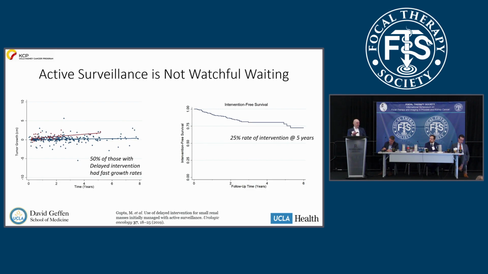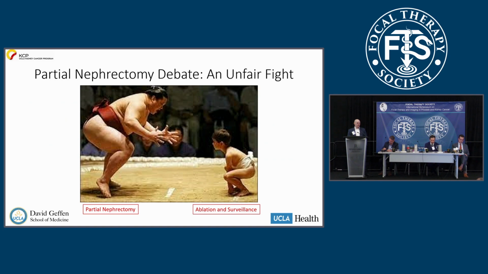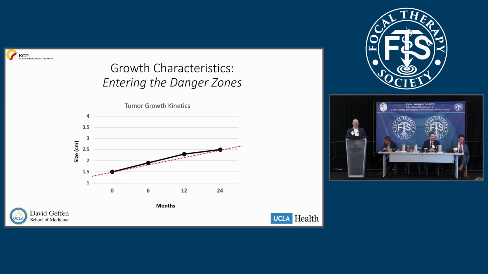salvage. So this is data from the DISARM registry where you have to make it clear that some patients are going to cross over, and most of these patients cross over due to growth. Now, this is not a fair fight, and I would say that partial nephrectomy here is clearly going to be the champion here. And this patient, if you look at a growth rate, this is what you'd see when you